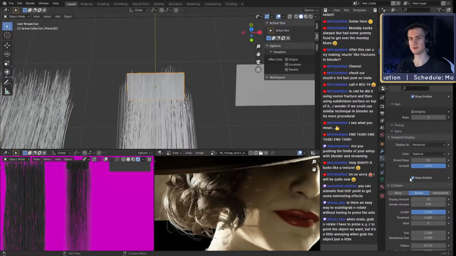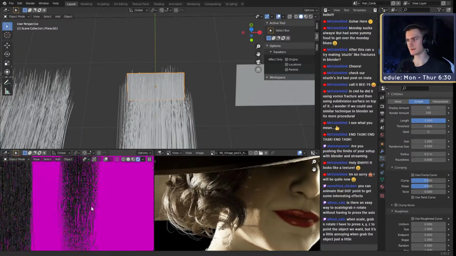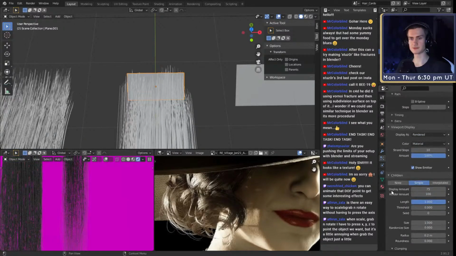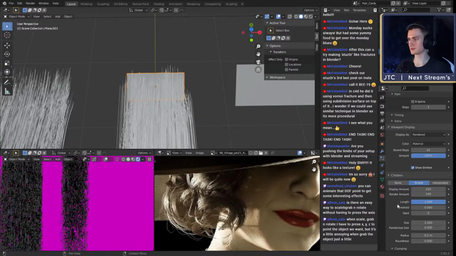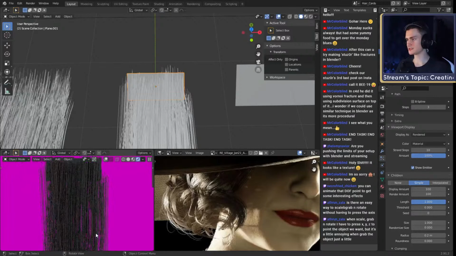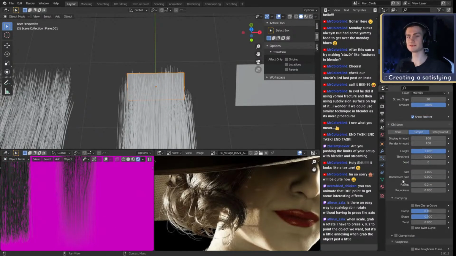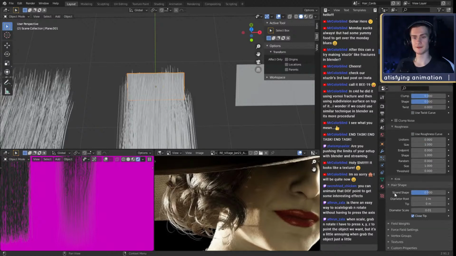What we can do though is, because it's quite thin right now, what we're going to do first is change the display amount to even more. What does 100 look like? What we can also change, of course, to give this tip some more thickness, is going here into the hair shape, change that to -0.5.